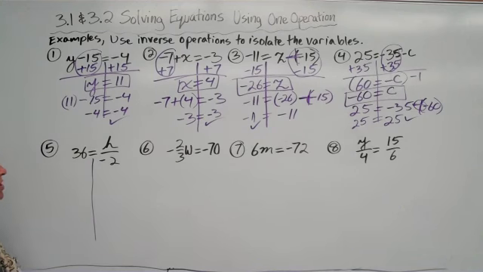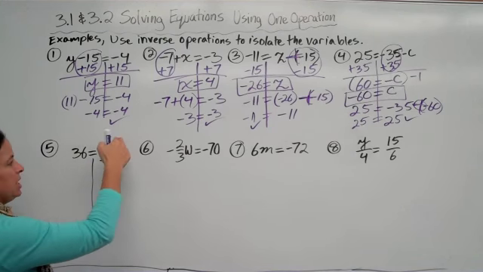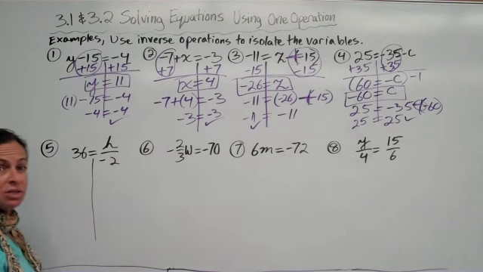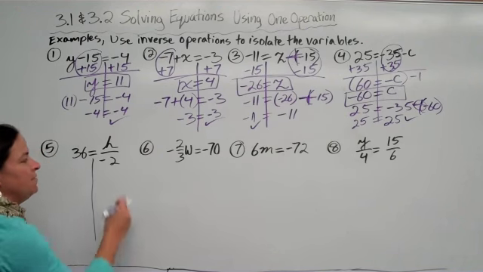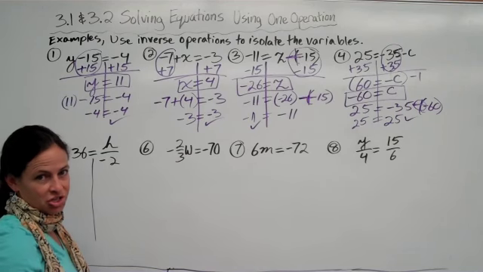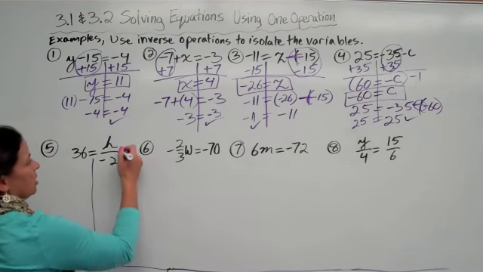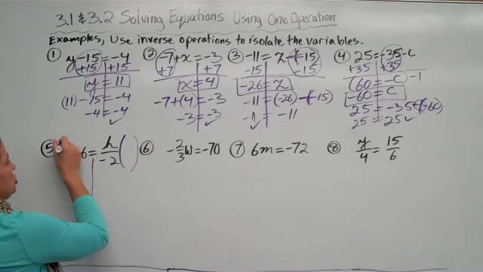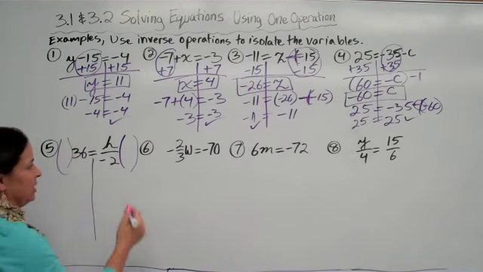So again, I'm going to build my fence. My variable is on the right. What's attached to it? A negative 2. How is the negative 2 attached to it? By division. So what's the inverse of division? Multiplication. Now, how I like us to show the multiplication, so you can see it actually canceling out, is multiply